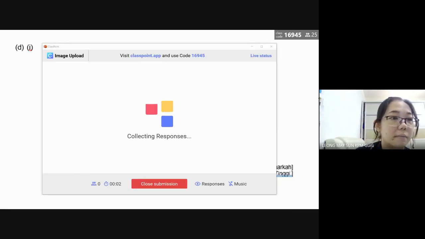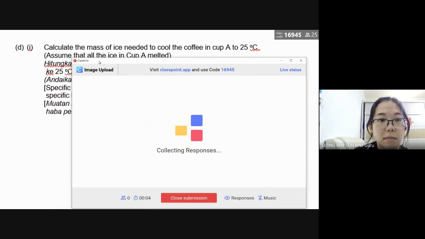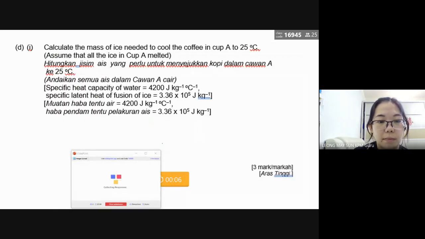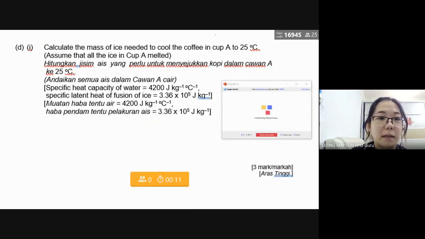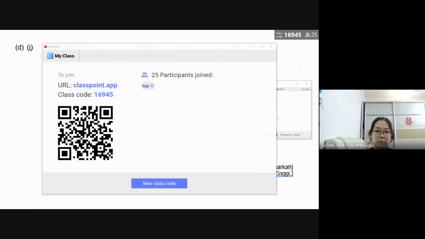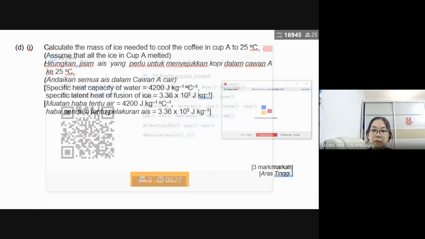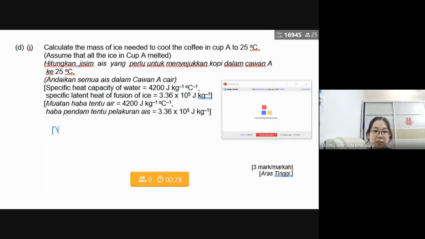Last question. Calculate the mass of ice needed to cool the coffee in cup A to 25 degrees Celsius, assuming all the ice in cup A melted. Here the mass is still 0.5 kg, yeah? The mass is still 0.5 kg. The initial temperature